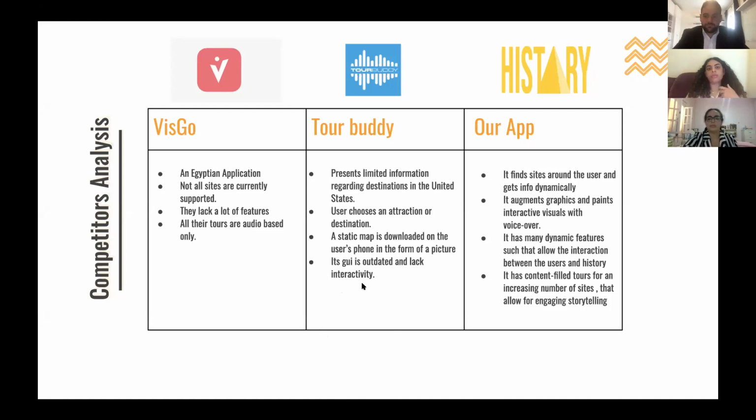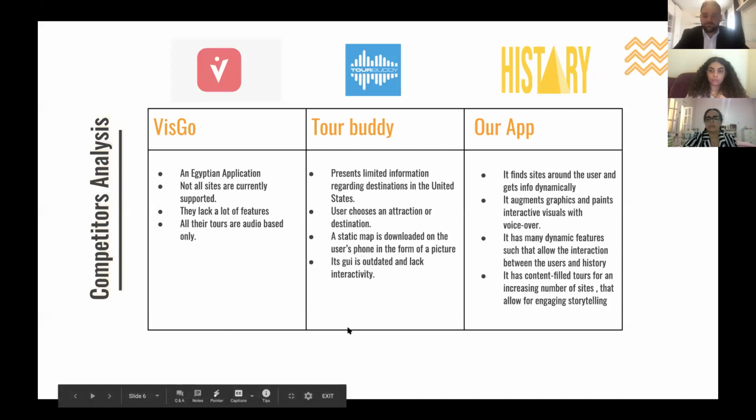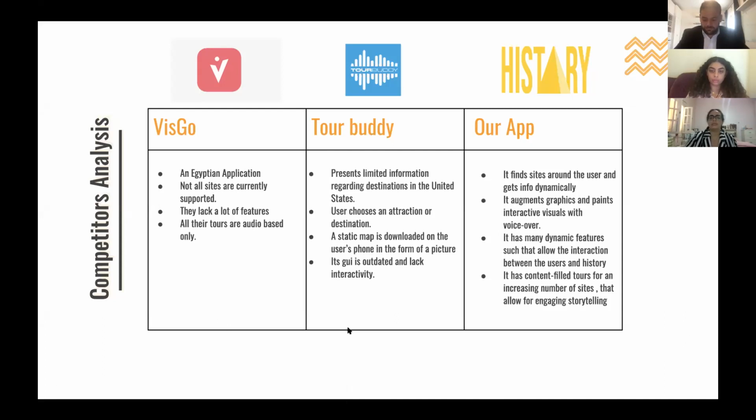As it finds sites around the user and gets info dynamically, it augments graphics and paints interactive visuals with voiceover. It has many dynamic features that allow the interaction between the users and